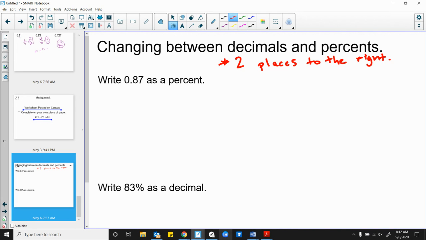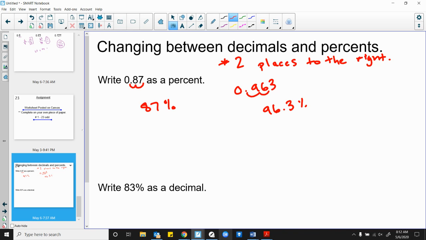So in this case here, the decimal is 0.87, so I go 1, 2 over, and it's 87%. Another example could be if it was 0.963, I would move the decimal 2 to the right, and I'd get